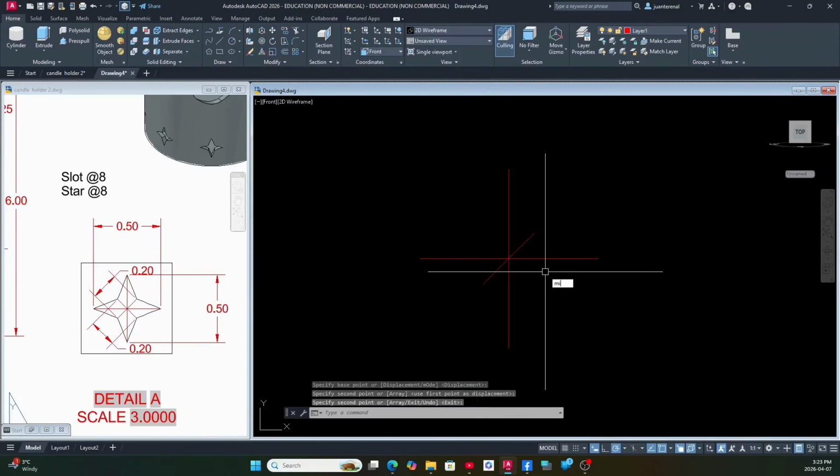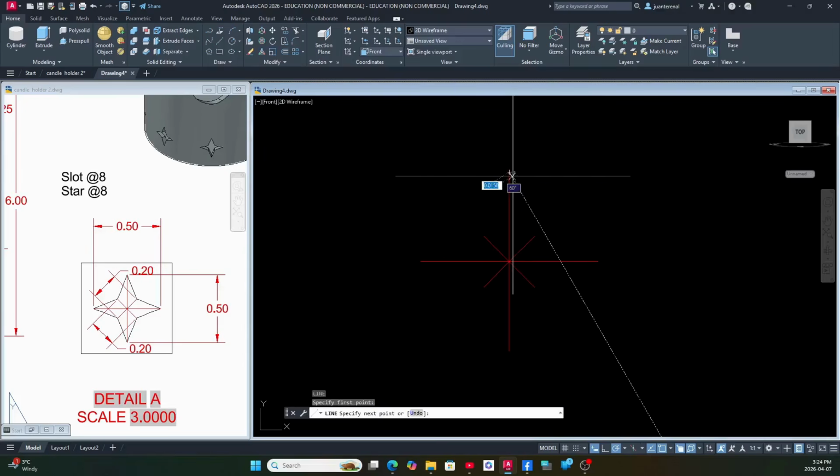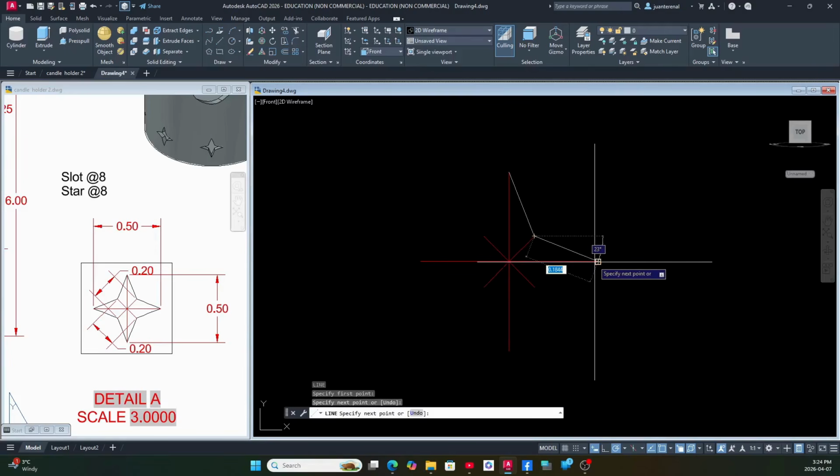So MI for mirror command, select these two lines and specify point of mirror line. I'm gonna go from endpoint to endpoint and select no, and then draw a line. So I'm just gonna change the layer to 0. Okay, L for line, endpoint to endpoint to endpoint,